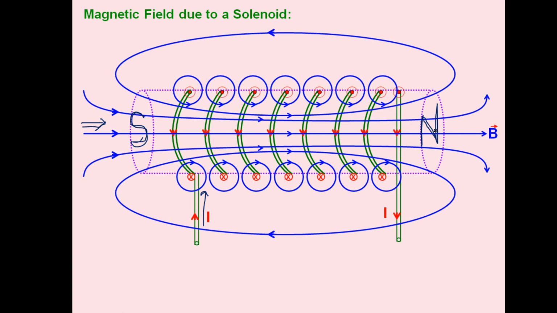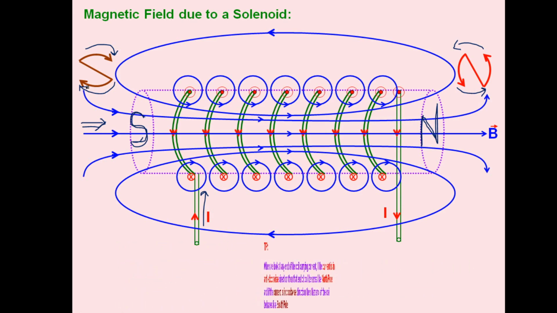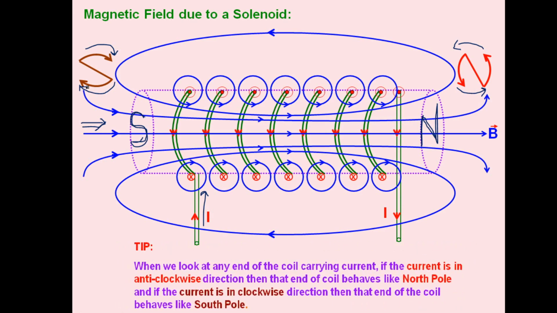So let's find what value it is producing. This is north, this is south. You can check this: this N is in the anti-clockwise direction, that's why we have put it as the north pole. Then this S gives direction in this way; you can see the tip of the letters. So clockwise direction gives south, anti-clockwise direction gives north. That's why we have taken south and north poles. You can note this down if required. This is the main tip which we have already discussed.